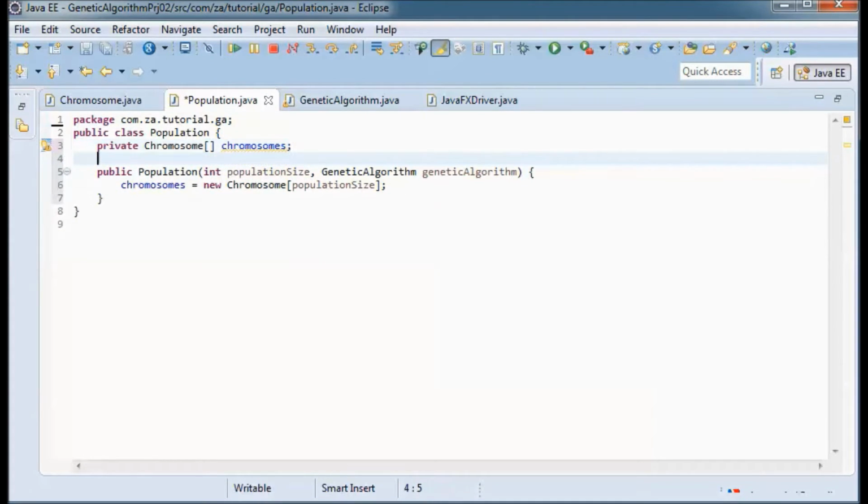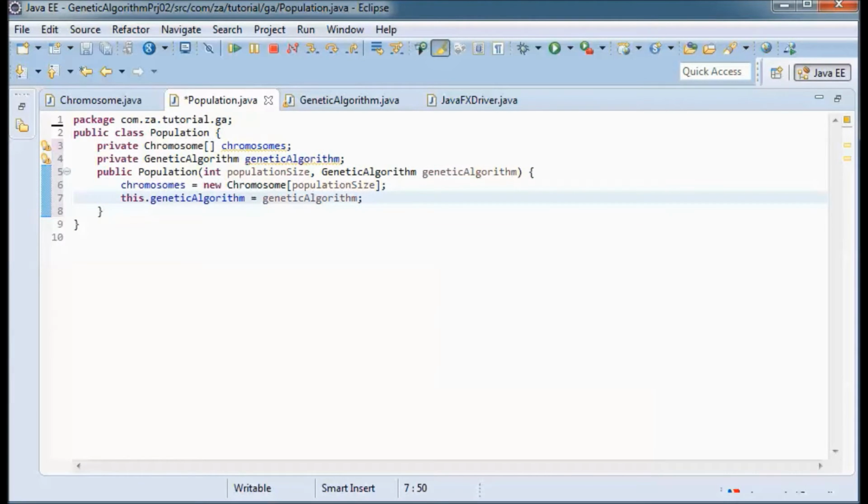And let me define also this genetic algorithm instance variable, and we will also be setting it in the constructor. And let's have a get method for this chromosome array.